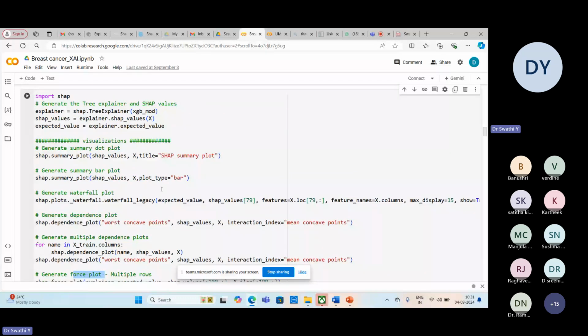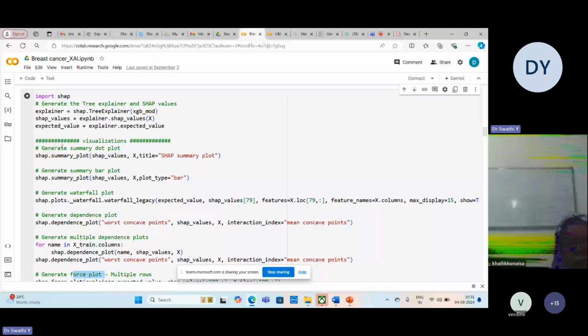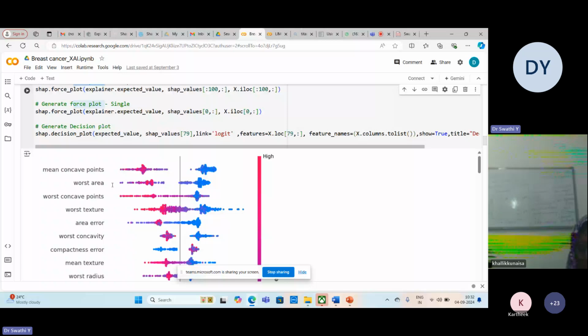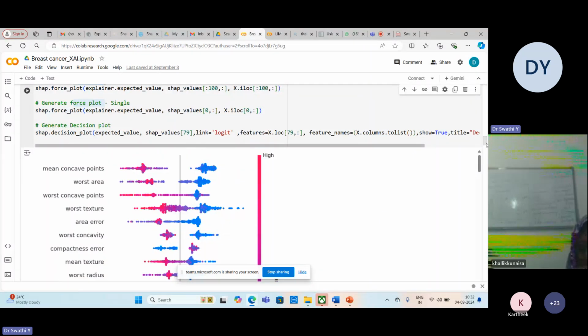For every plot, you just have to give the title and the values for which you want to generate the plot. That's it; apart from that, you need not give anything. The only thing with these tools is that you call the explainer object, and then with SHAP you can call all the visualization plots. With LIME, whatever analysis you want, you can give that. With Shapash, you can give the web app. So these are the three different things we have with respect to the three tools. After calling these visualization plots, you can see how my output will be generated.